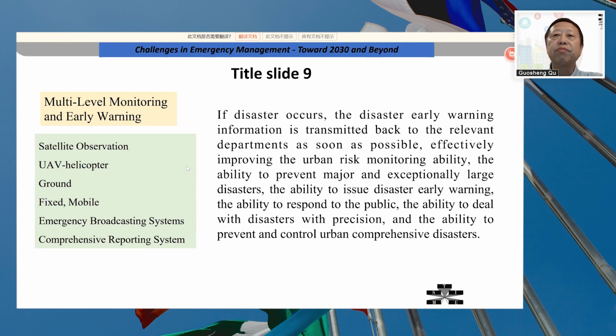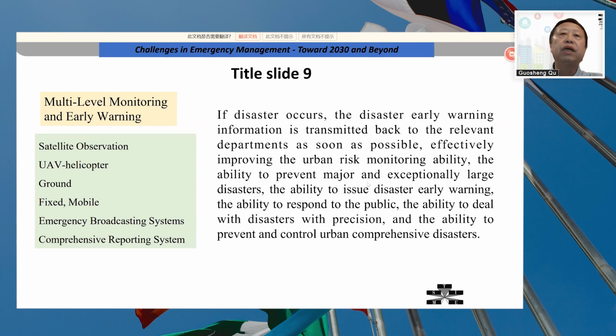So if we have these kinds of monitoring and early warning systems in the city or region, I think it will be very useful to transmit disaster information back to the relevant department as soon as possible, effectively improving the urban risk monitoring ability, and also the ability to prevent major and exceptionally large disasters. The ability to issue disaster early warning, and the ability to respond to the public, the ability to deal with disaster with precision, and the ability to prevent and control